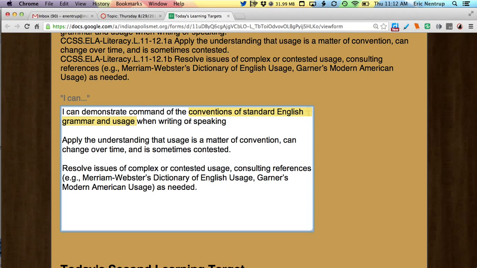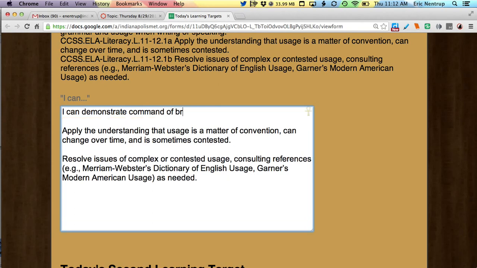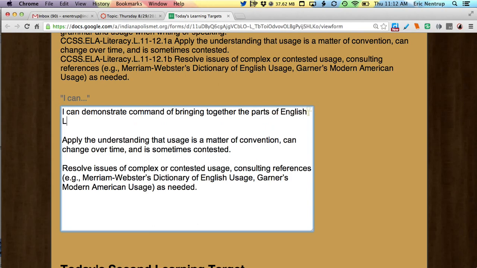So I can demonstrate command, which means control, of bringing together the English language stuff. Okay, so let's change that. I can demonstrate command of bringing together the parts of English language arts. Why not? That's what we're doing anyway. Okay, and then